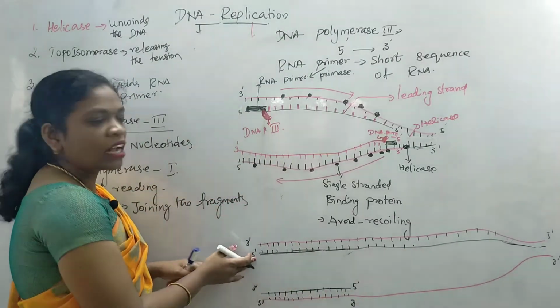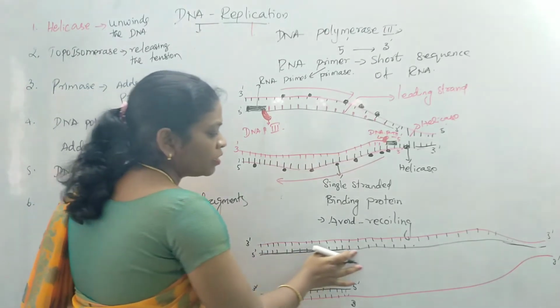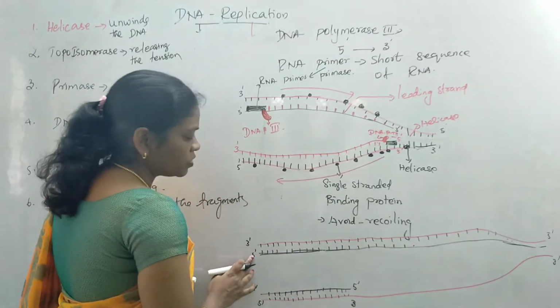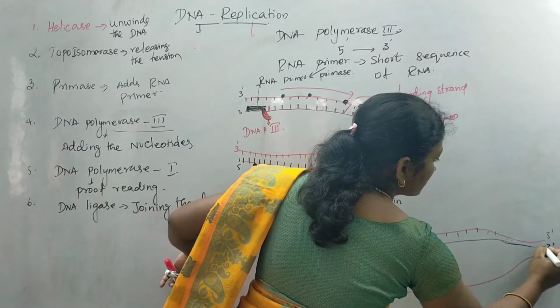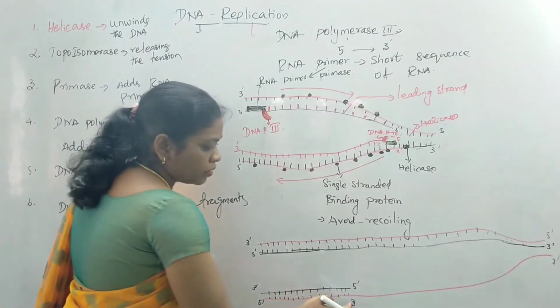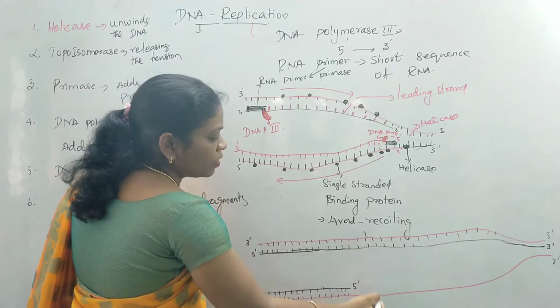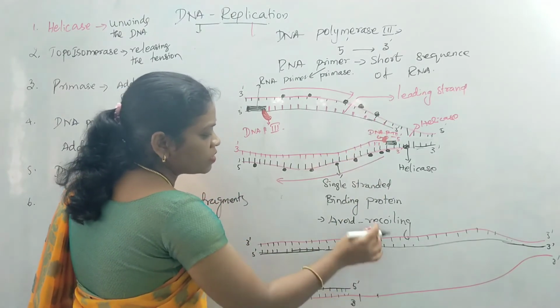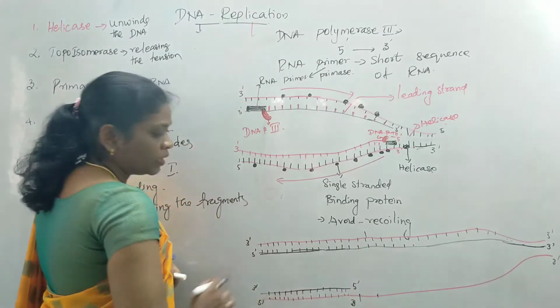Here in this case, the strand is continuous, as I have told you already. This is a leading strand where it forms a continuous chain from 5 prime direction to the 3 prime direction in the daughter strand. This is the 3 prime direction of the daughter strand. Here what happens, at one end where we have got the replication fork, we started synthesizing in this region the new chain from the opposite direction, from 5 prime to 3 prime direction.